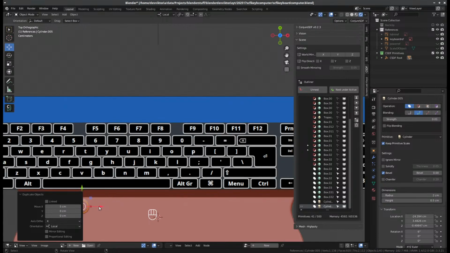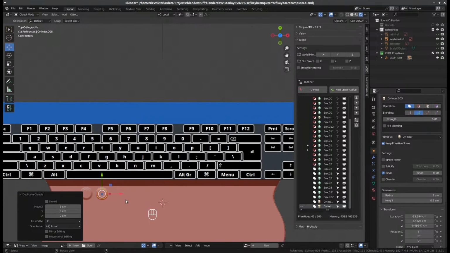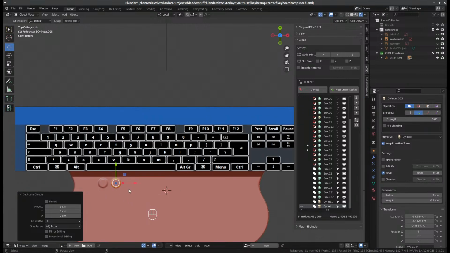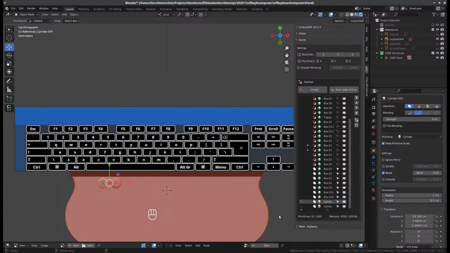How is this going? 6. Yeah, I think 6 works better. And I think what I'm going to do, I'm going to nest it under this cylinder. And I'm going to Shift D X 6,